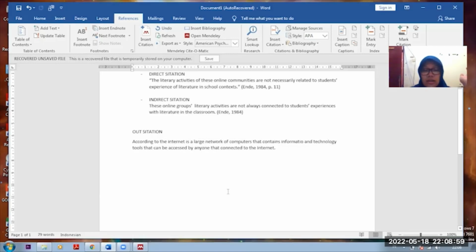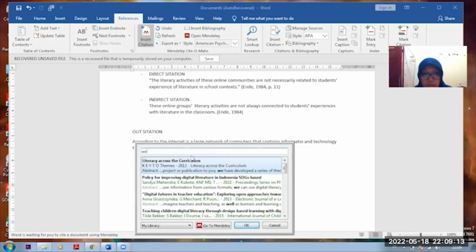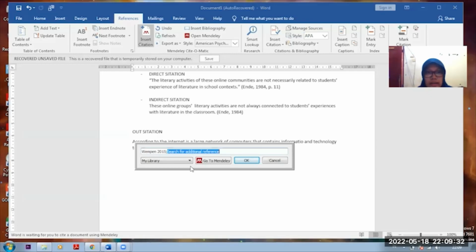So we need to make it to insert the citation here. According to, we put the author also, Wempen, right? Read Wempen here. The book title is just the same here: Digital Literacy for Dummies. I'm going to click, and because it is not the same as the